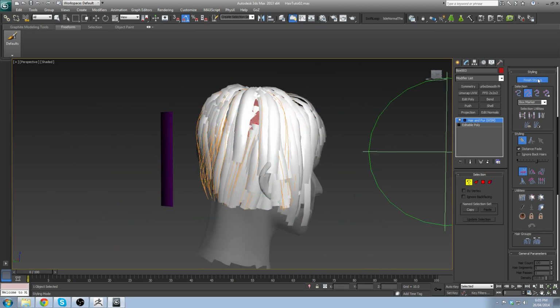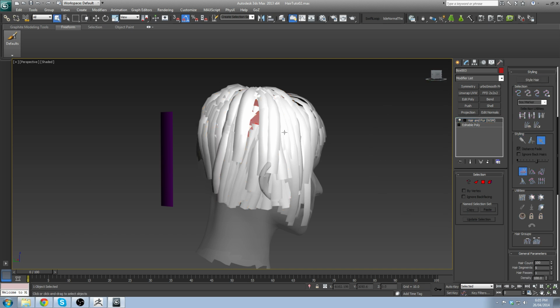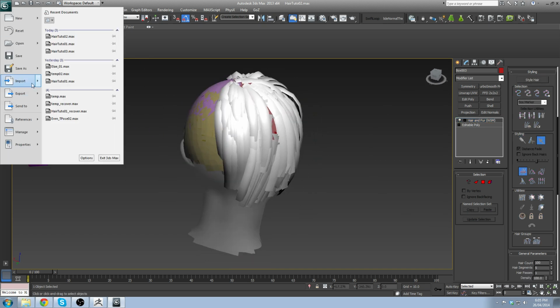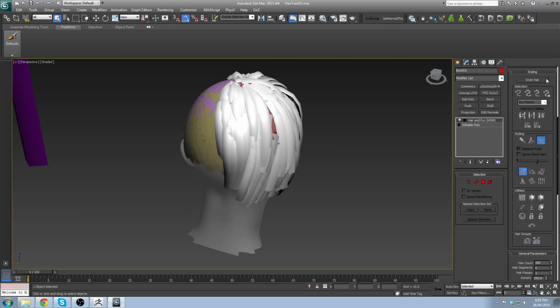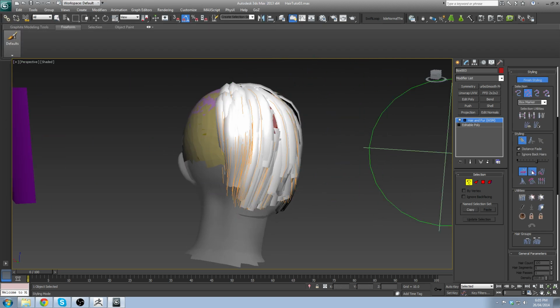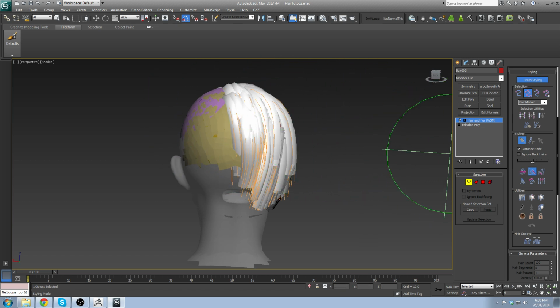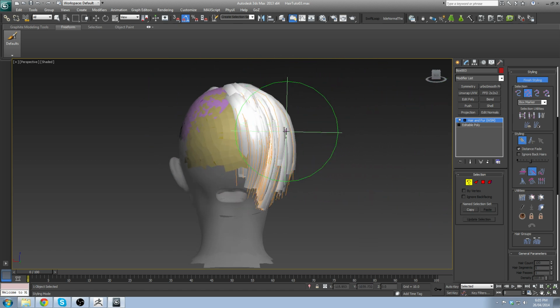Let's see if I click and try to go out of the finished mode. Okay, I didn't lose everything. Probably a good time to save it. Let's go back. Probably gonna want to